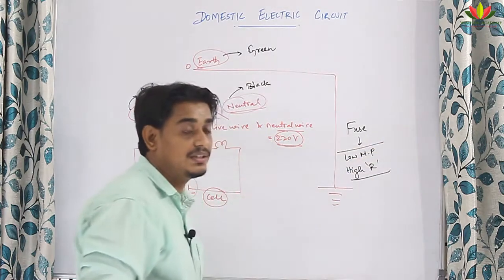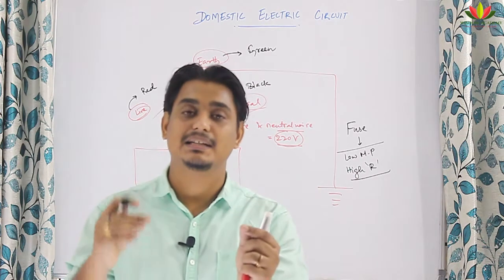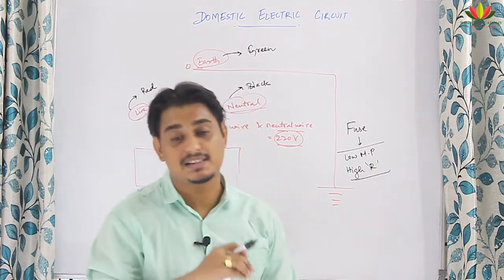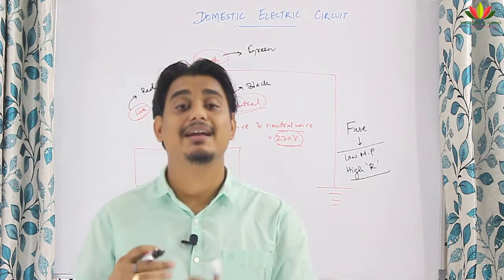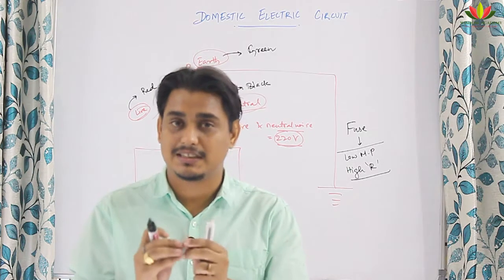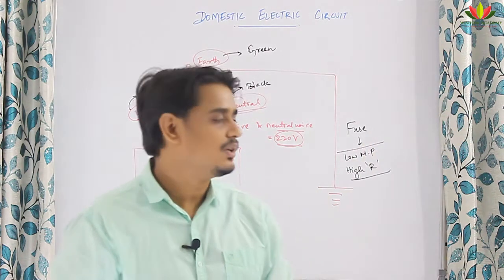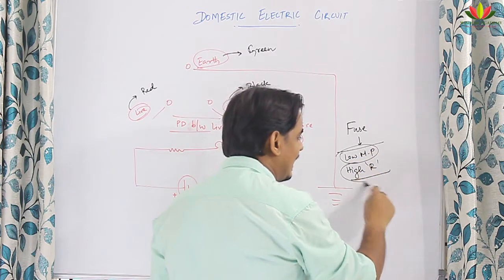Why should low melting point be there? Because only if the melting point is low, the wire will melt and stop the flow of current through it. And high resistance, because only if the resistance is high, it will allow the current to pass very slowly, and the wire can sense that extra current has come. If the resistance is very low, current will pass through immediately, damaging the next appliance. So always this electric fuse should have low melting point and high resistance.